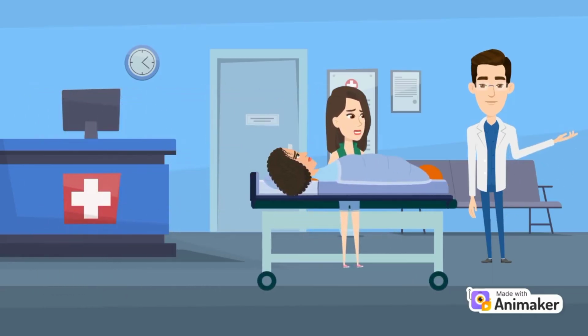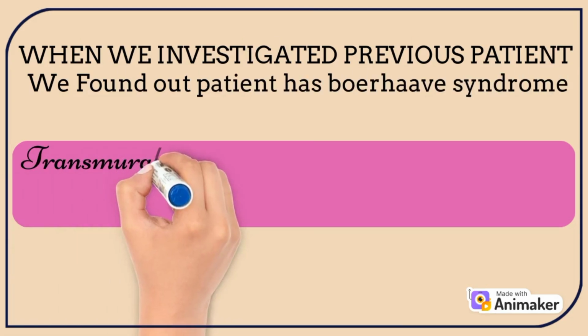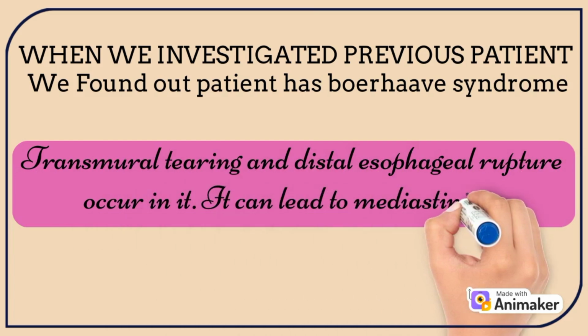Shift her to OT. She had severe chest pain and shortness of breath, then she went into shock. Okay, he may be having MI, but further investigations should be conducted to find out the cause. When we investigated the previous patient, we found out he had Boerhaave syndrome. In Boerhaave syndrome, transmural tearing, which means tearing all layers, as well as distal esophageal rupture also occurs, which will